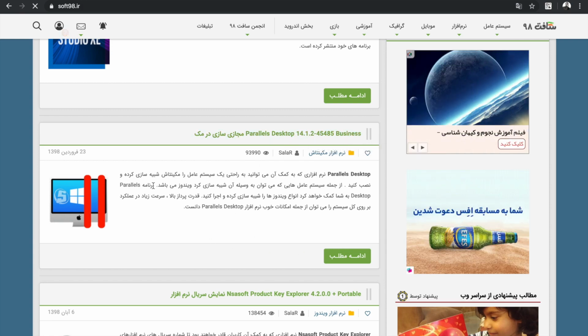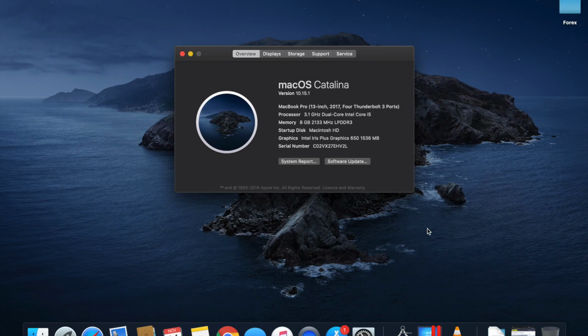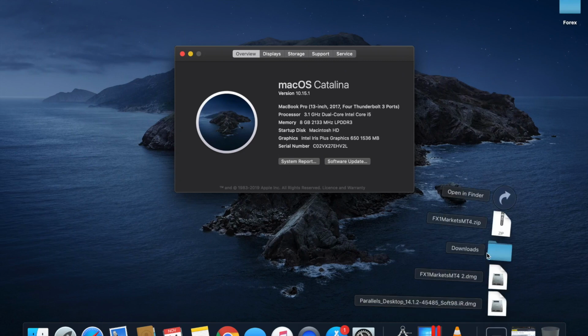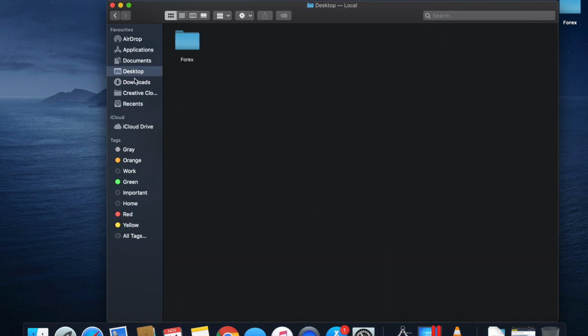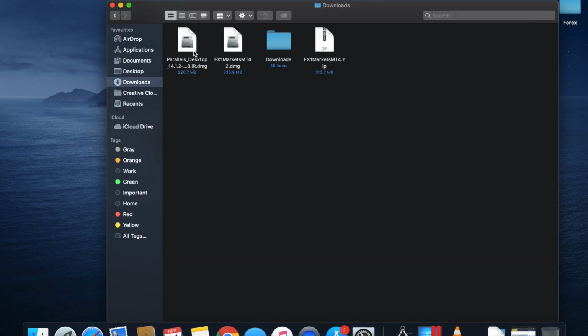I downloaded this version already on my computer. I think, yeah, it's here. You can see that I have already downloaded it here. You can easily install Parallel Desktop. It's very easy. You just click install Parallel Desktop,